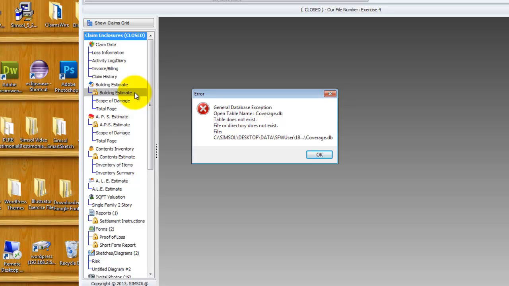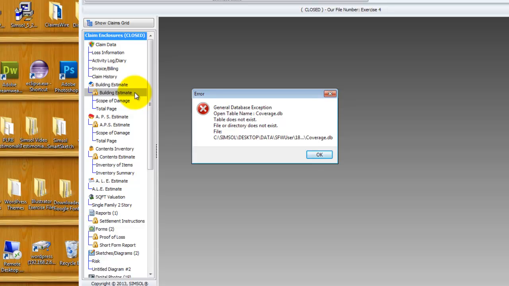While you don't have to memorize it, this information is important if you do end up contacting support because they'll want to know exactly what is being referenced in this message so they know how to fix it quickly and efficiently. But for your own purposes, the general database exception is all you really need to know here. That's the type of error that we're talking about, and that's the type of error I'm going to show you